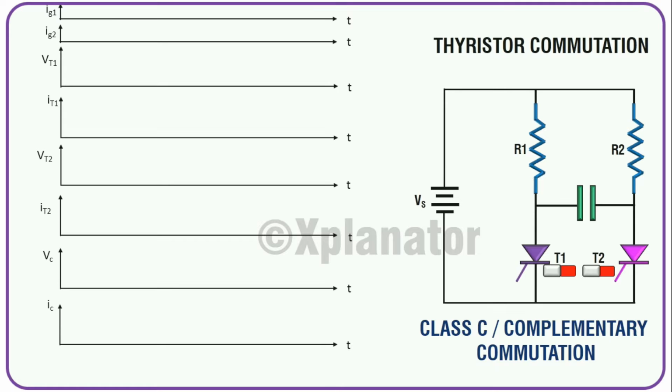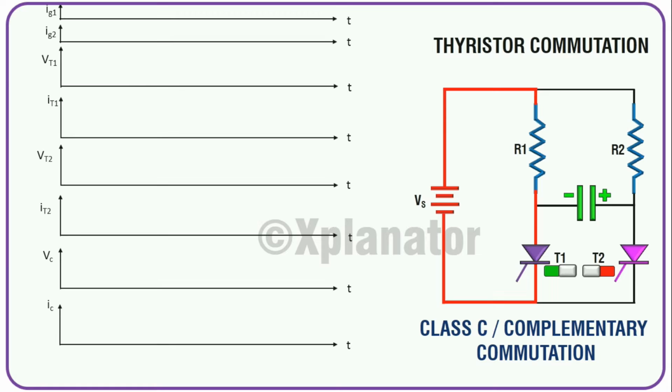The magnitudes of the parameters involved have to be calculated using circuit equations, which will be dealt in the coming videos. Starting with the circuit analysis. Step 1. T1 is fired. Current flows in the first loop as well as second loop. Capacitor starts charging via R2. Once it charges to battery voltage, current in the second loop stops flowing.